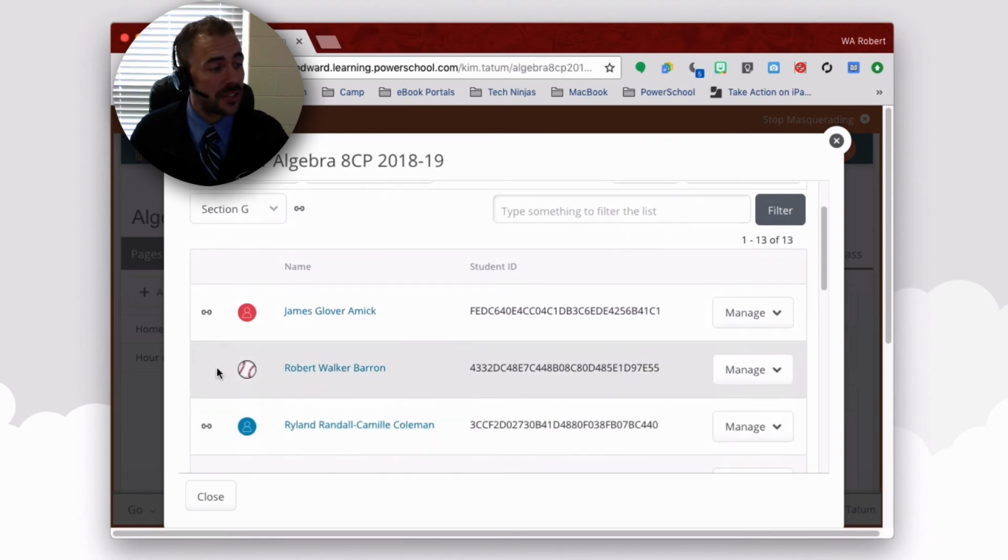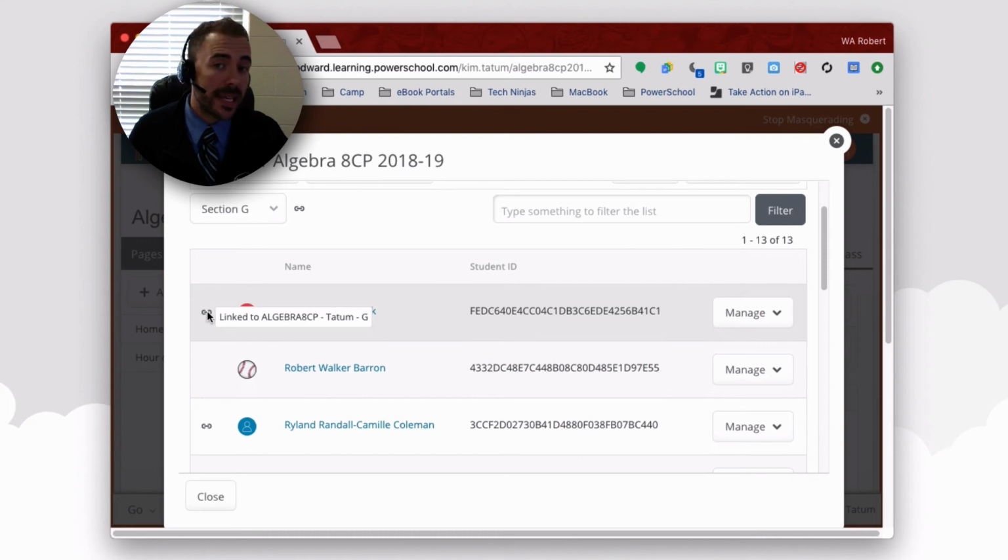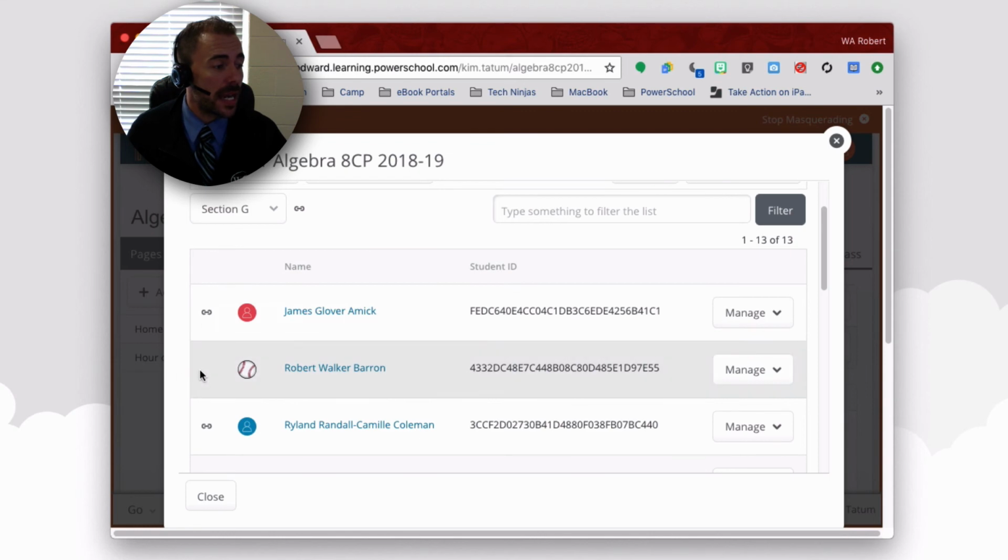You'll note that next to the student, that little link icon does not yet appear because this student was added manually and wasn't automatically linked from Admin Plus. Now, once Admin Plus makes the change, then we should see a little link icon appear next to his name eventually. Just check back after a couple of days. And that's it. So now the student should have access to the class. All he needs to do or she needs to do is refresh PowerSchool, and he or she should be able